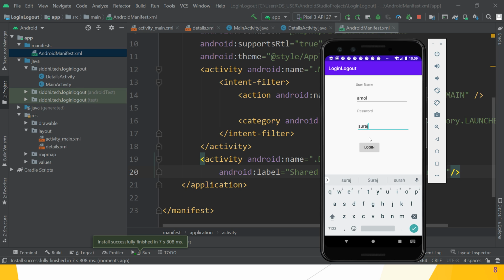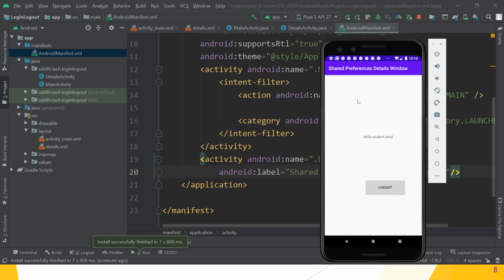If you click on the login button, the message is Credential is not valid. So enter the password correctly. The password is Amol, and the username is also Amol. Then click on the login button, and the next window opens, that is the shared preference details window.